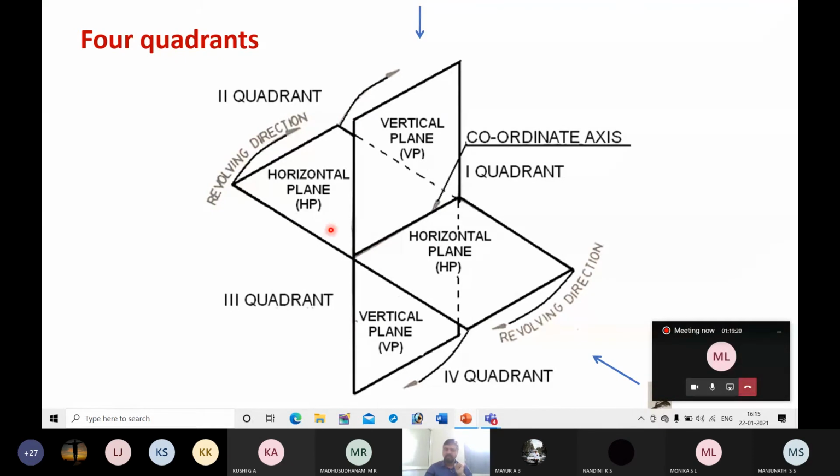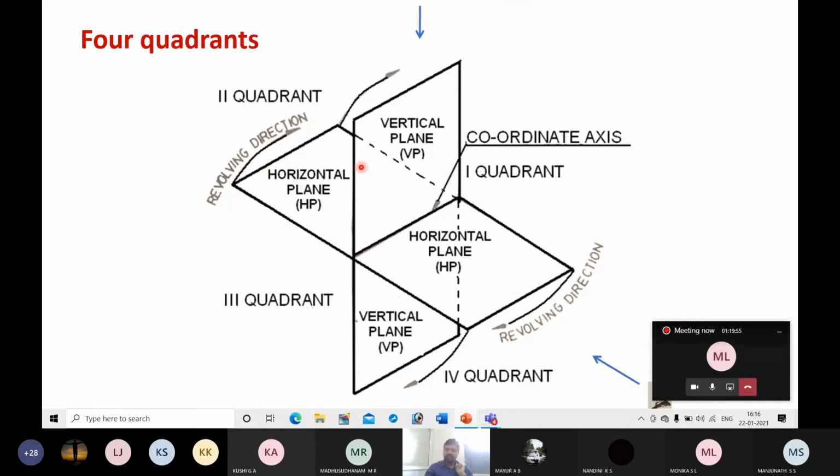So it is possible for us to get 4 quadrants. This is one quadrant, this is another, this is another, and this is another. If there is an overall 360 degrees, each quadrant will take 90 degrees. Overall it will be 360 degrees.